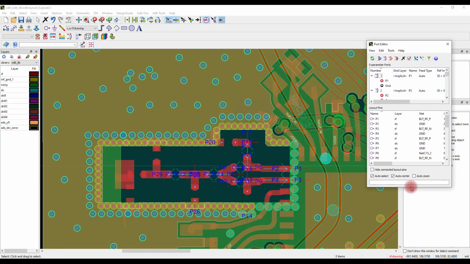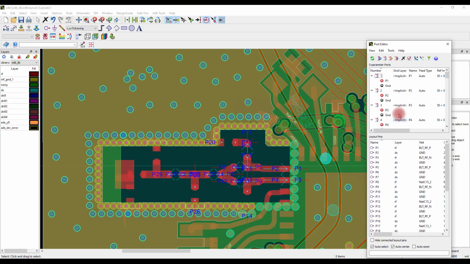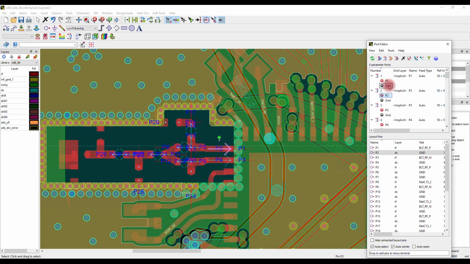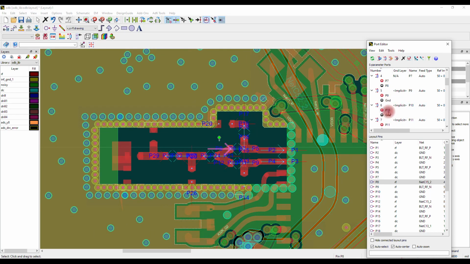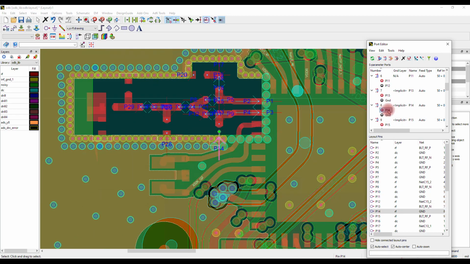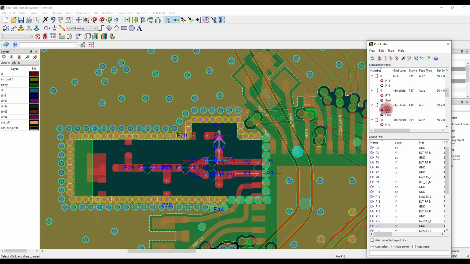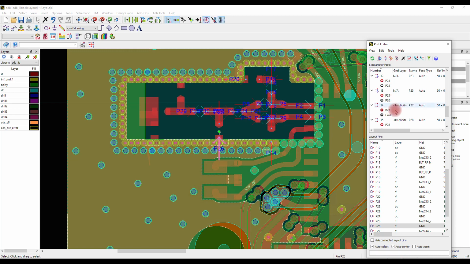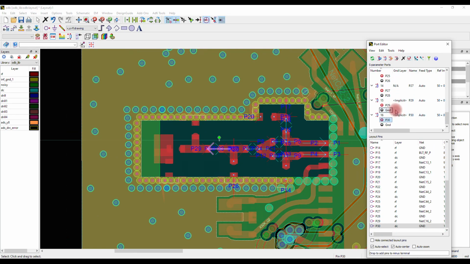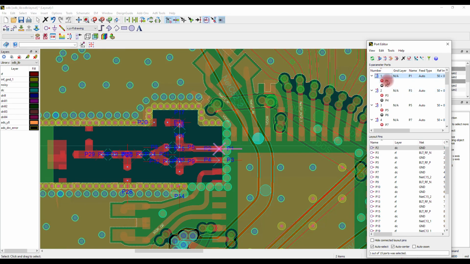Here we have to assign the intended ground pins to the positive pins or ports. After assigning pins, a recheck is necessary to make sure no mistake has happened in the process.